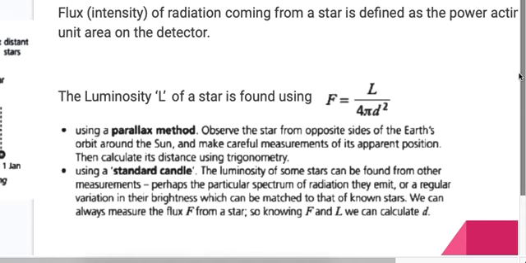And just before we go ahead, I want you to remember the idea of the standard candle. This can be asked in the exam very often. The luminosity of some stars can be found from other measurements based upon the particular spectrum of radiation they emit or a regular variation in their brightness, which can be matched to that of known stars, right? And we can always measure the flux from a star, so knowing F and L, we can calculate D,